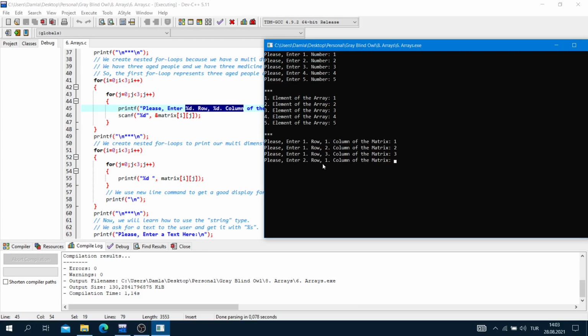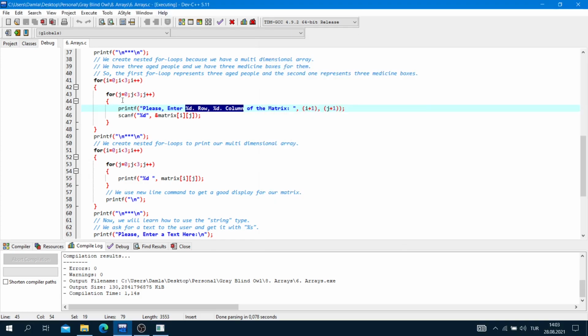And now the second row, because this for loop is broken at the 3. 3 is not less than 3, so this for loop is broken, and our i++ happens, and i = 1.